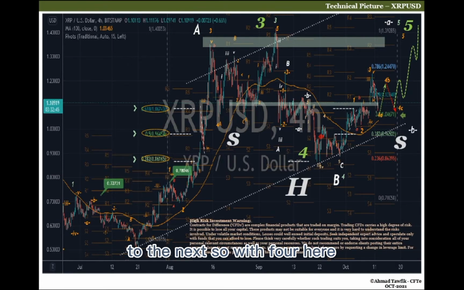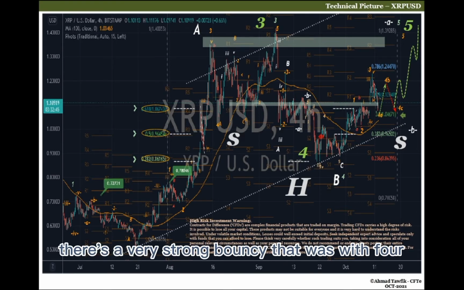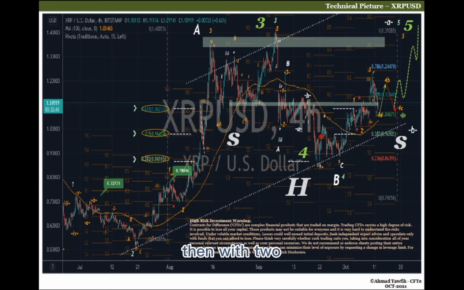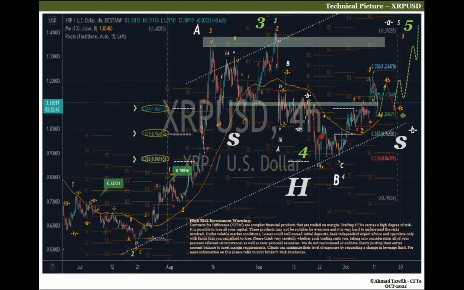So wave 4 here bounced at 38.2%, 0.86. Remember, that level was a very important level. There was a very strong bounce here. That was wave 4. Then wave 2 bounced at 50%, 0.96.5. Again, 0.96 was always actually an entry level for us. And currently